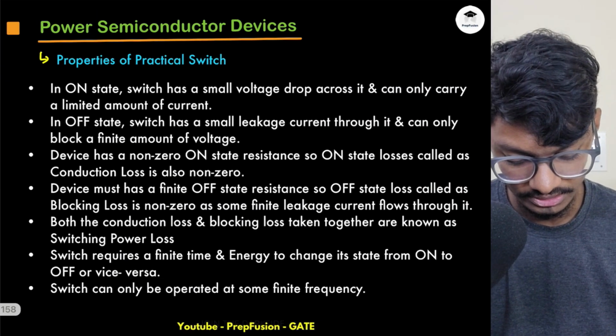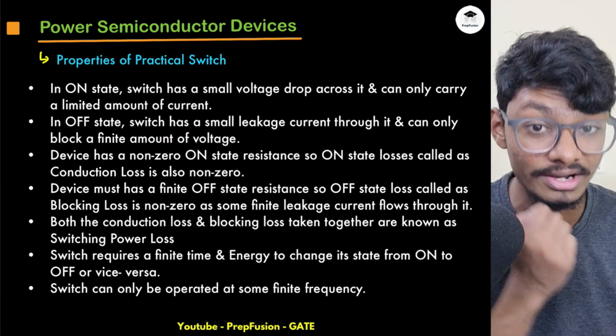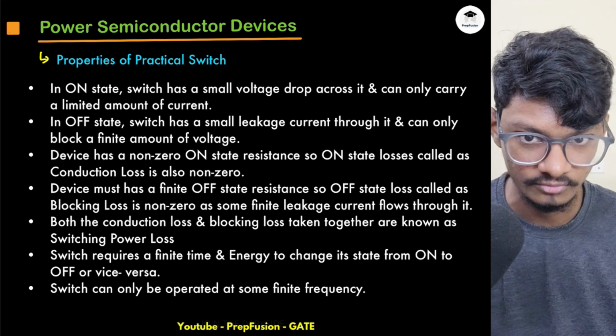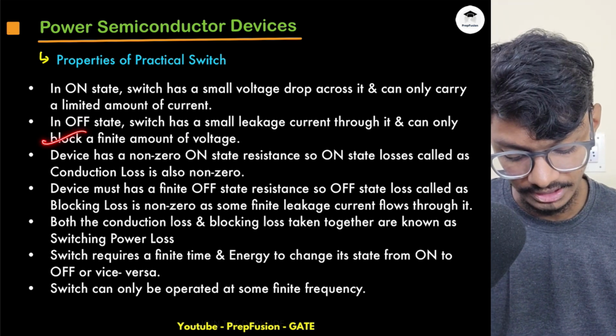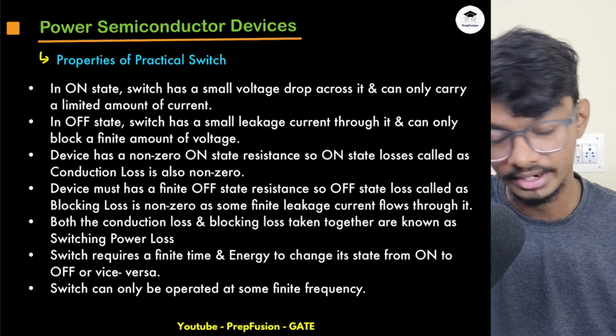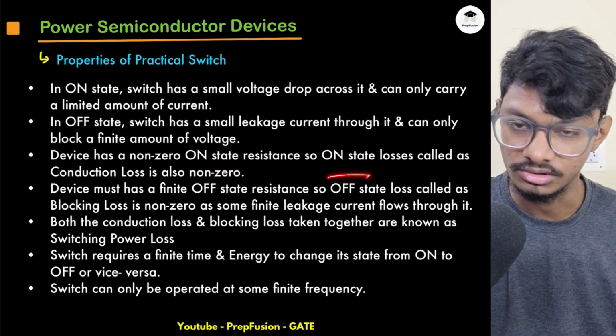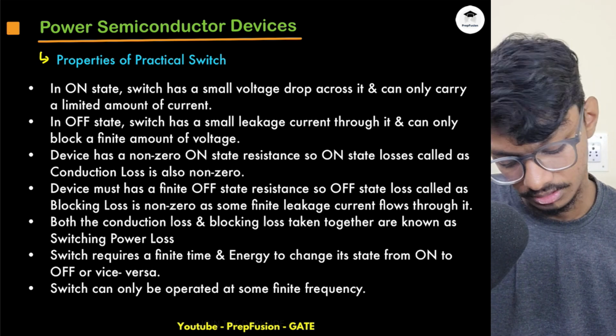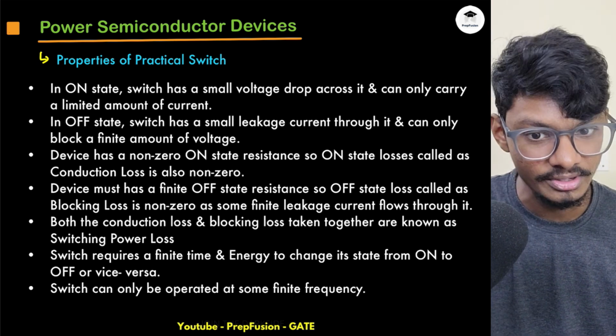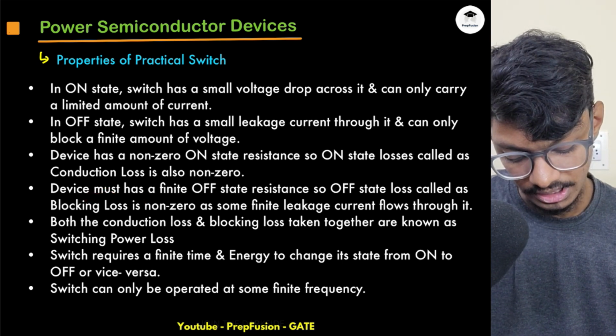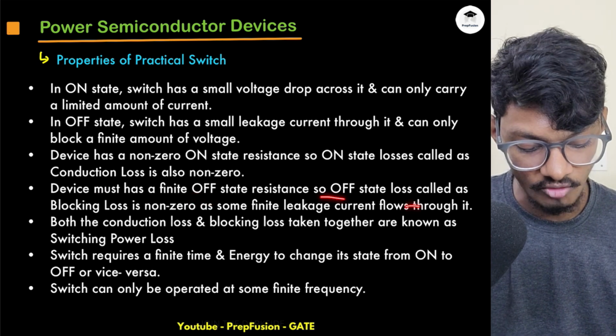So that is exactly what is written. Again, during the off state, a switch has a small leakage current, so some small amount of current will flow, and also it can only block a finite amount of voltage. It can't block an infinite amount of voltage. The device has non-zero on resistance, so the on-state loss will be non-zero, but it will be very low. The device must have finite off resistance, so the off-state loss